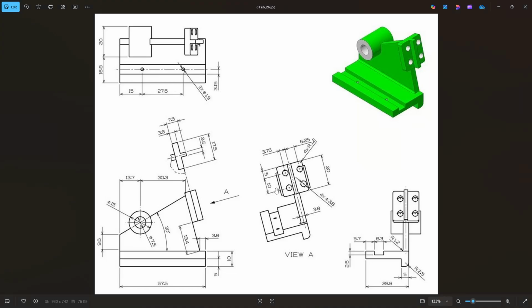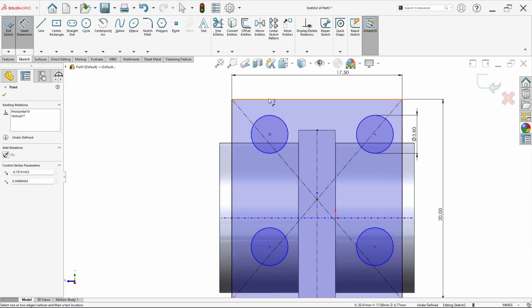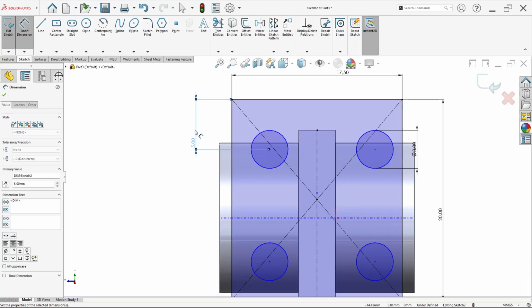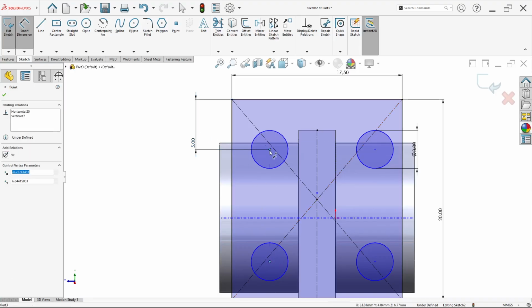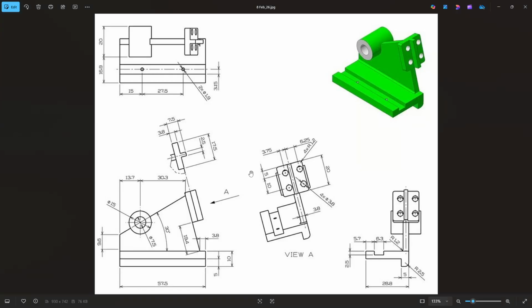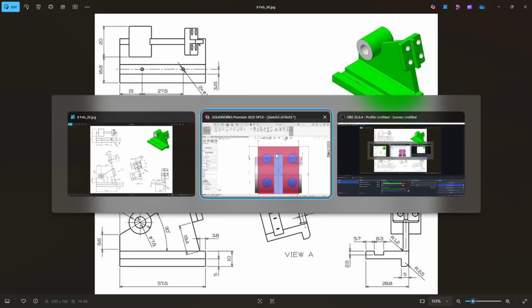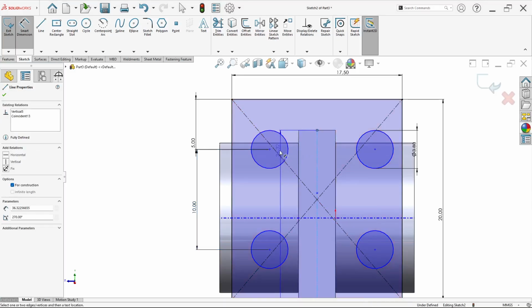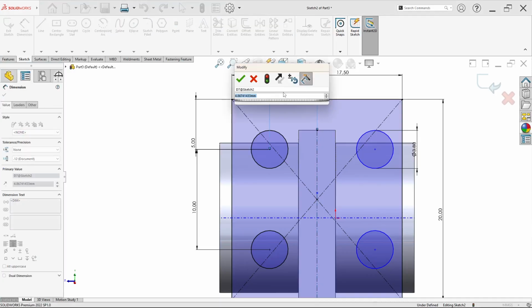Now we can set the distance. Here this center to this edge is 5 millimeter. So this to this is 5 millimeter, and this center to this center is 10 millimeter. Yes. So this center to this center of the hole, the distance is 3.75. So this center line to this has a distance or gap of 3.75 millimeter.